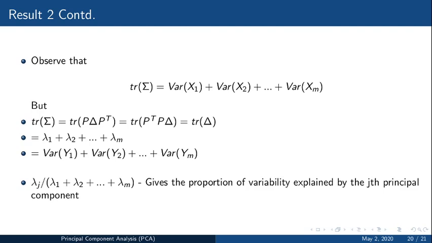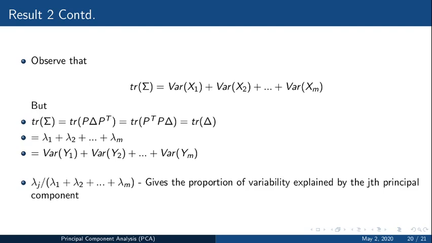Observe that the trace of sigma is equal to variance of x1 plus variance of x2 plus etc. variance of xn. But the trace of sigma is the same as trace of P delta P prime, which is the same as trace of P prime P delta, which is the same as trace of delta, which is the same as lambda 1 plus lambda 2 plus etc. lambda m, which is equal to variance of y1 plus variance of y2 plus etc. variance of ym. So hence we prove that variance of x1 plus variance of x2 plus etc. variance of xm